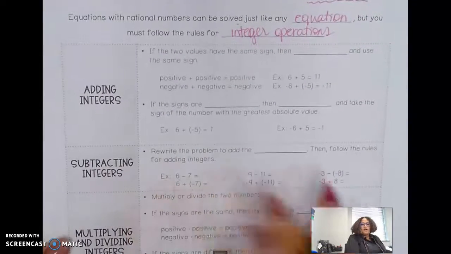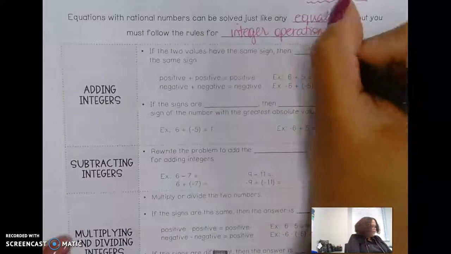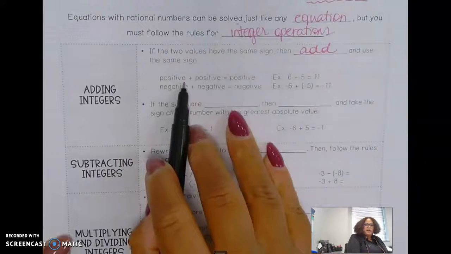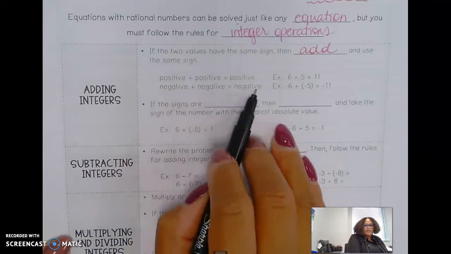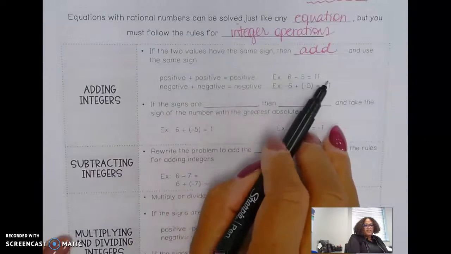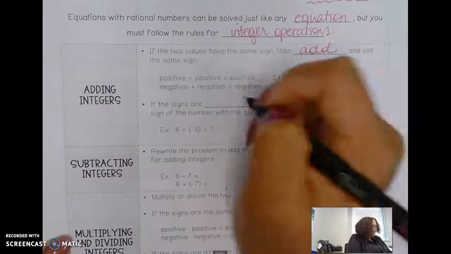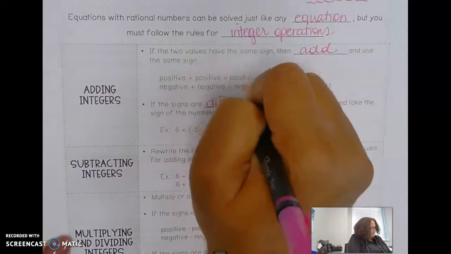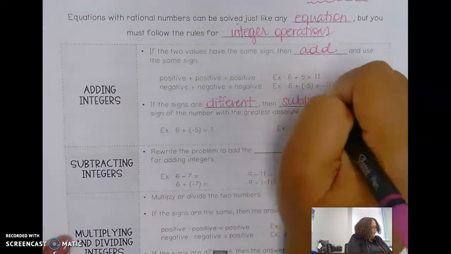So for adding integers, the rules are as follows. If two values have the same sign, then I need to add and keep that sign. For example, a positive and a positive added together is a positive, and a negative and a negative added together is a negative. 6 plus 5 is 11. Negative 6 plus negative 5 is negative 11. If the signs are different,